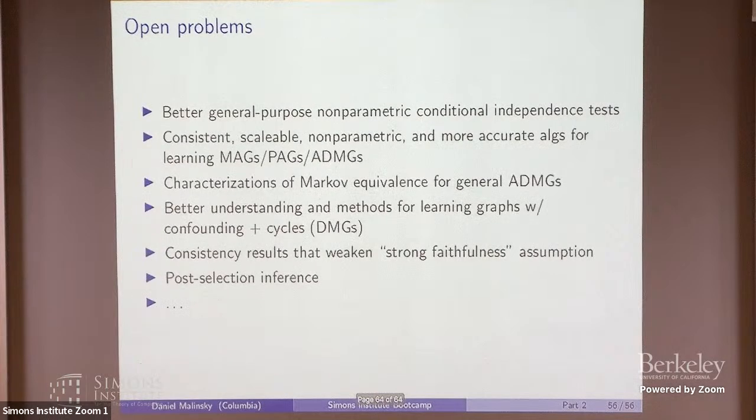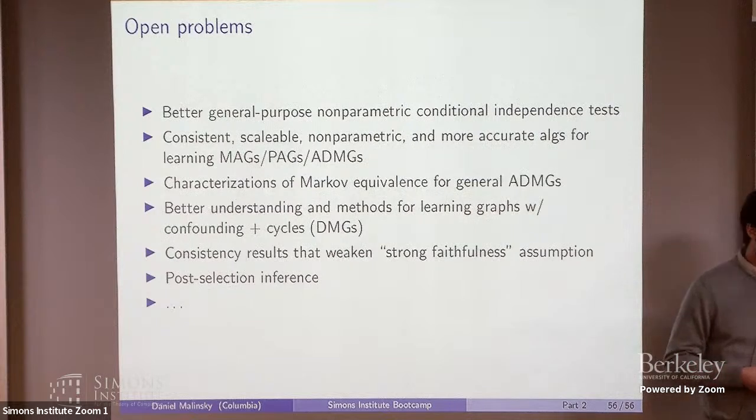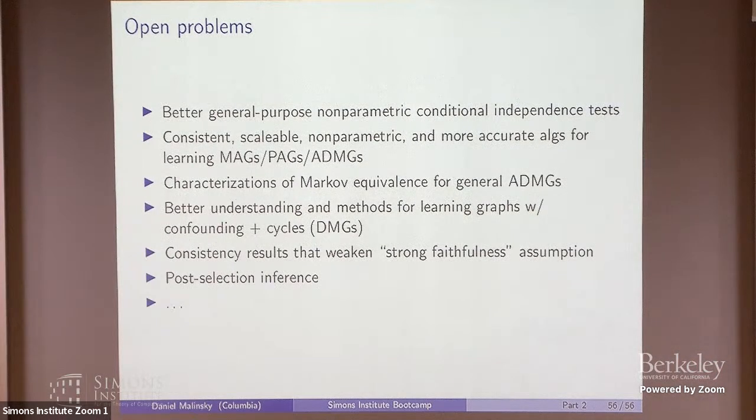And finally, I'll conclude with a couple of open problems to stimulate discussion here at Simons. I think most of these I've mentioned along the way. Better general purpose non-parametric conditional independence tests are super helpful for making algorithms, especially PC and FCI, but also score-based methods, more flexible in non-parametric settings. There's a lot of room. I was asked earlier about greedy score-based methods for MAGs and PAGs. So there's a lot of room for consistent, scalable, non-parametric algorithms for learning MAGs and PAGs